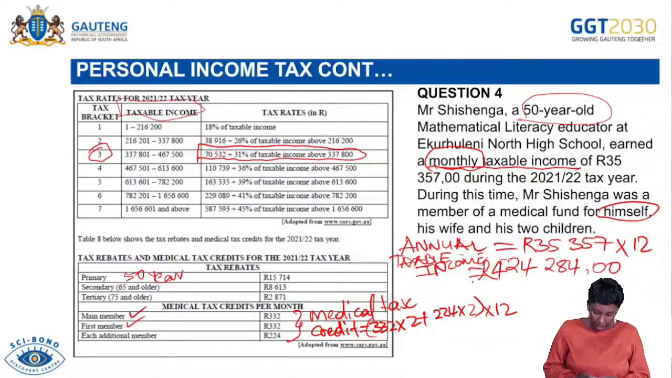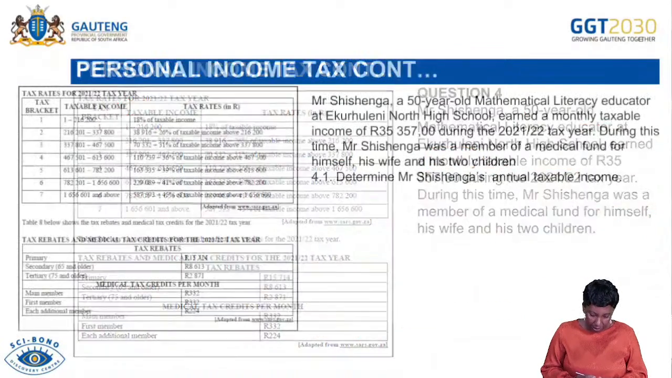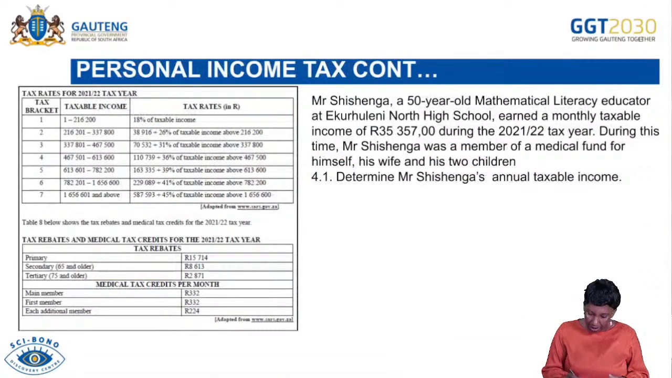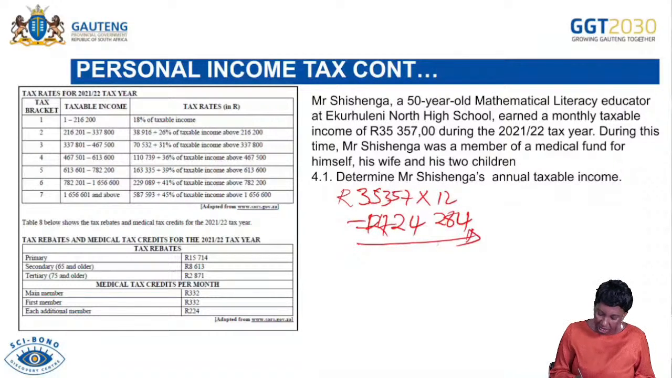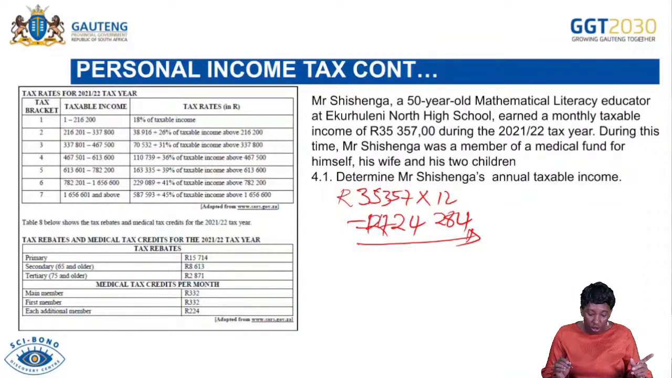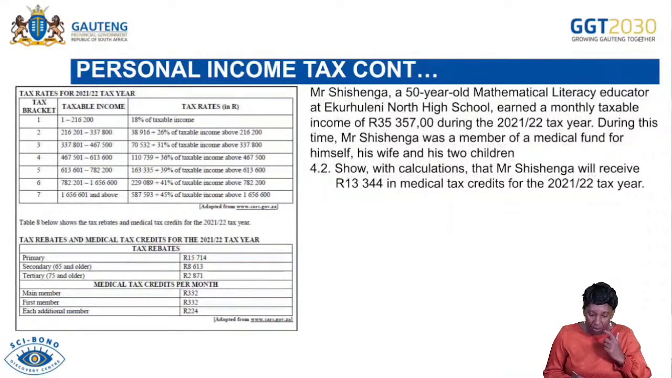And now let me go to the next slide so that you can understand. Okay, I've already done this one. We said it is 35,357 rand. We multiply it by 12, it gave us 424,284. This is Mr. Shishenga's annual salary. Can you see, boys and girls, it's not difficult to deal with a tax bracket. Now it says show how the calculations that Mr. Shishenga will receive